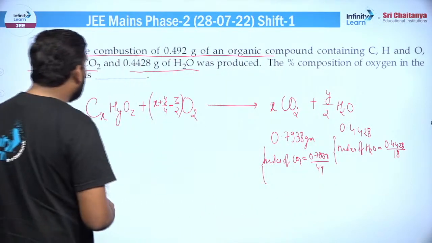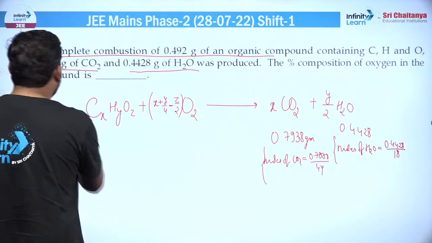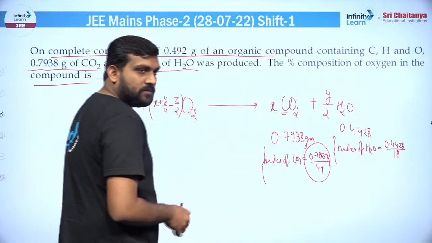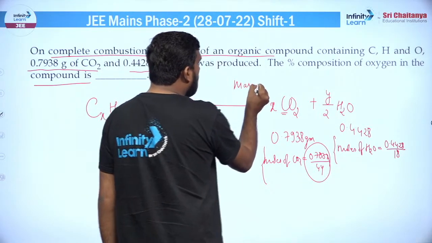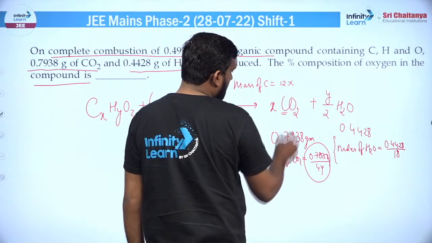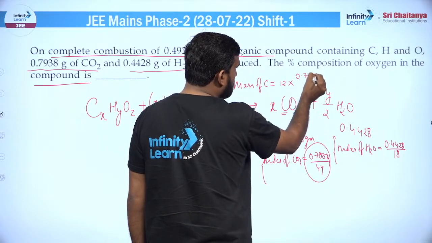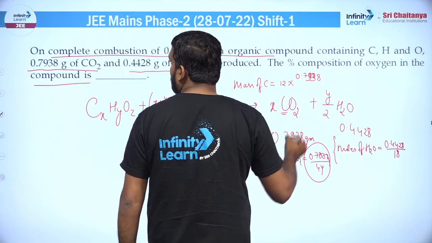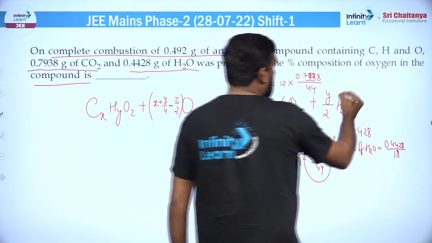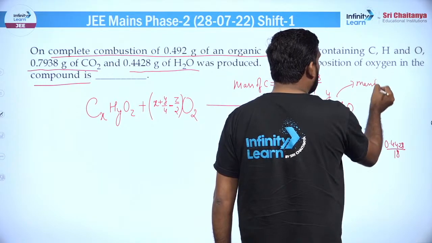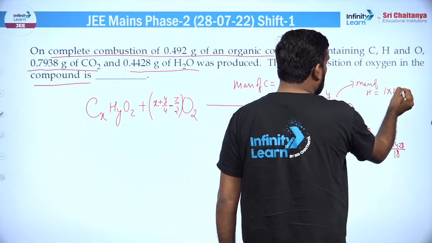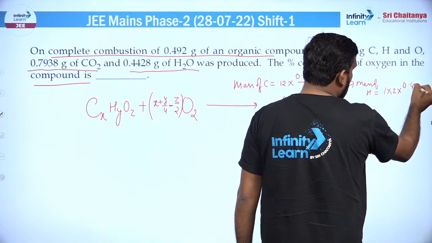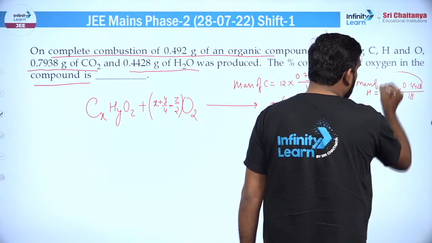तो आपको मोल्स ऑफ H2O भी पता चल गया, मोल्स ऑफ CO2 भी पता चल गया, ठीक है। अब आपको क्वेश्चन में क्या फाइंड आउट करना है, परसेंटेज कंपोजिशन ऑफ ऑक्सीजन। तो देखो अगर आपको ये पता चल गया तो आपको कार्बन का भी तो अमाउंट पता चल गया, ठीक है। तो मास ऑफ कार्बन जो होगा वो कितना हो जाएगा, 12 इंटू मोल्स, तो ये हो जाएगा 12 इंटू 0.7938 डिवाइडेड बाई 44। ऐसी तरीके से हाइड्रोजन का भी मास पता चल जाएगा। तो मास ऑफ हाइड्रोजन जो हो जाएगा वो कितना हो जाएगा, 1 इंटू 2, क्योंकि 2 हाइड्रोजन एटम है इसमें, ठीक है। 1 इंटू 2 इंटू इसके जितने भी मोल्स हैं 0.4428 अपॉन 18।